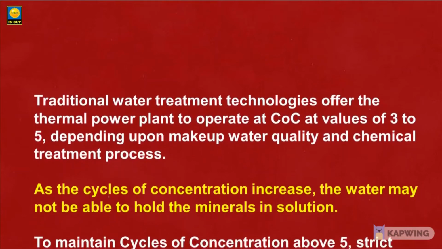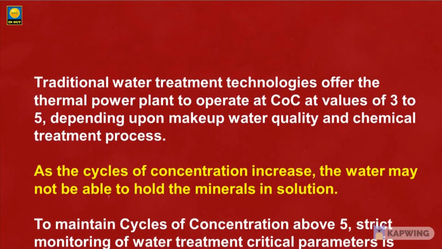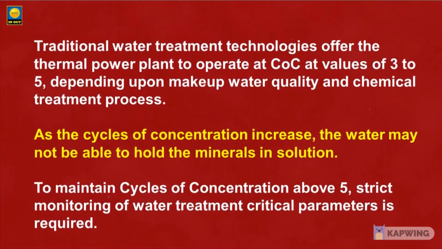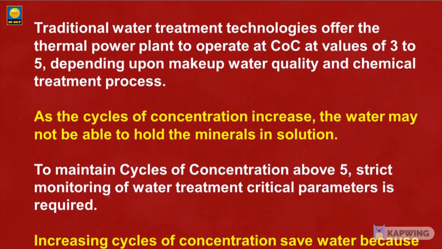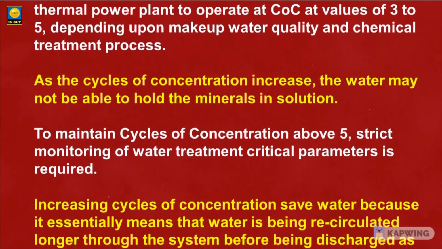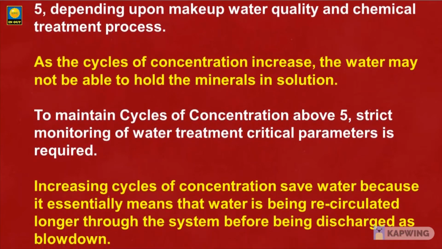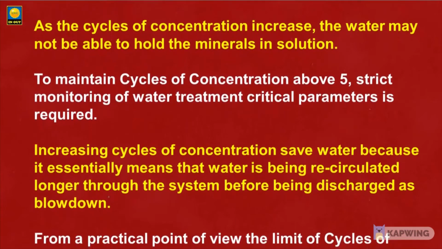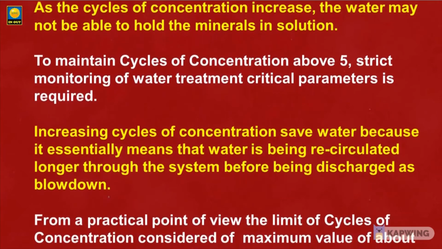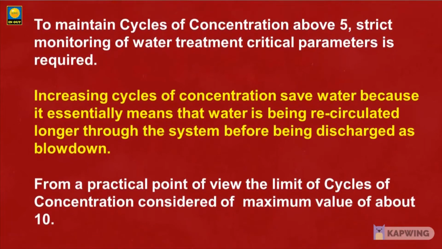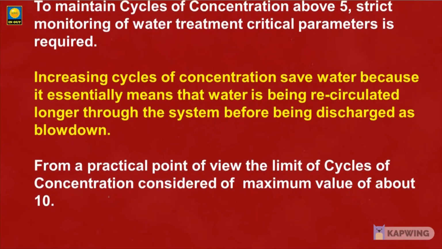As the cycles of concentration increase, the water may not be able to hold the minerals in solution. To maintain cycles of concentration above 5, strict monitoring of water treatment critical parameters is required. Increasing cycles of concentration save water, because it essentially means that water is being recirculated longer through the system before being discharged as blowdown. From a practical point of view, the